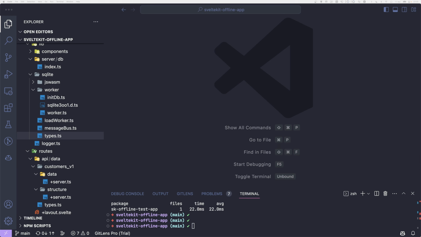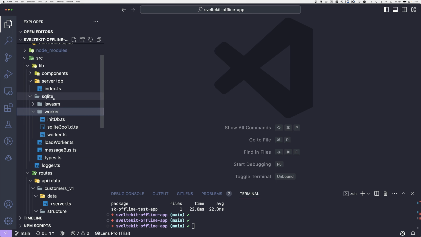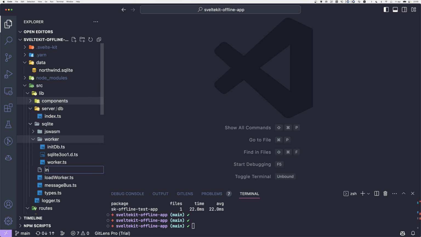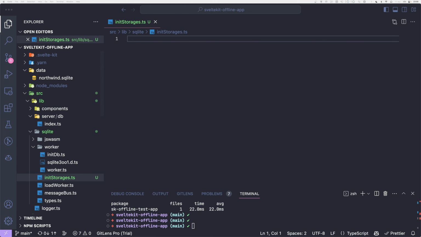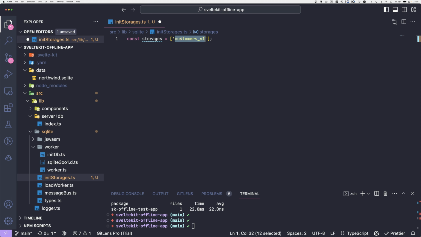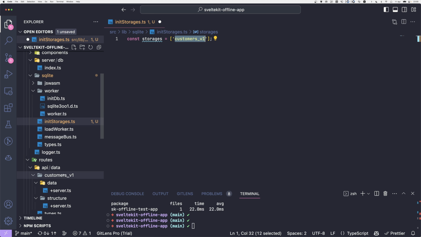So let's go ahead and init our storage. So I'm gonna create init storages, because we could have multiple in the future. Create an initStorages.ts and create an array. For now we have this customers v1, and it should be named the same as our data API endpoint. And then we can make a small function initStorages,